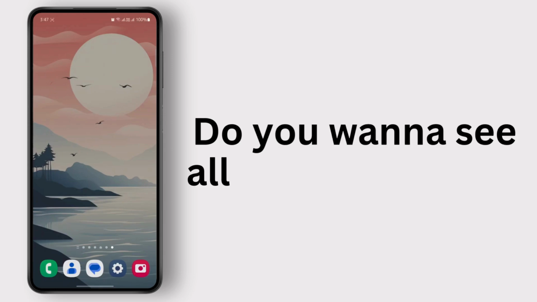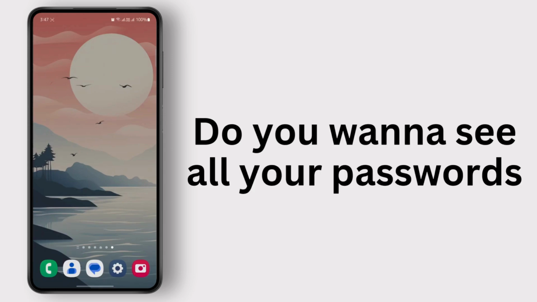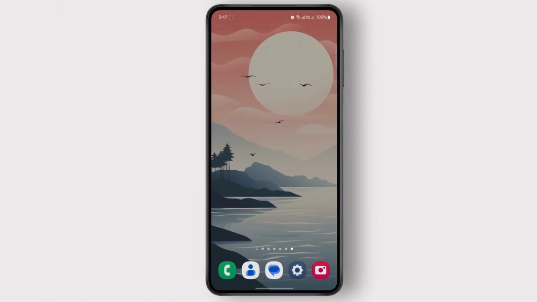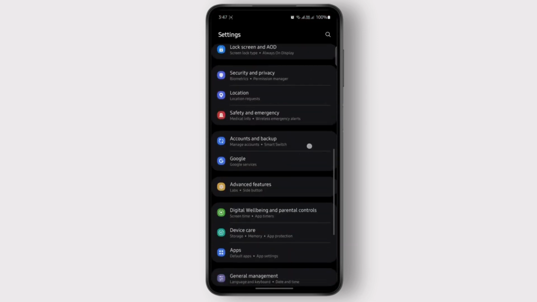Do you want to see all of your saved passwords on your Android phone? By following a few simple steps, you can easily find your saved passwords on your Google account on your Android phone. So first of all, you will have to open your phone settings and then scroll down until you get